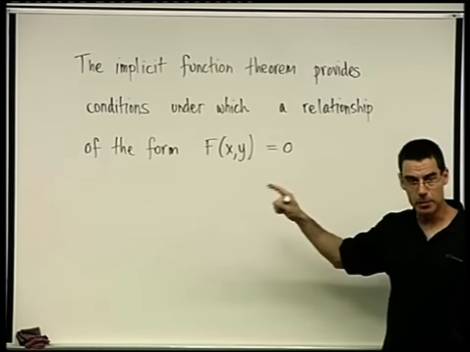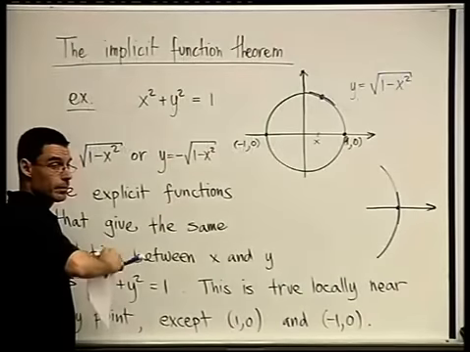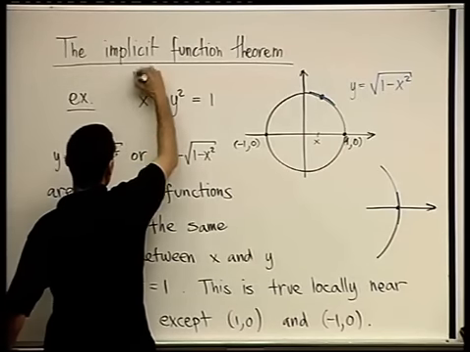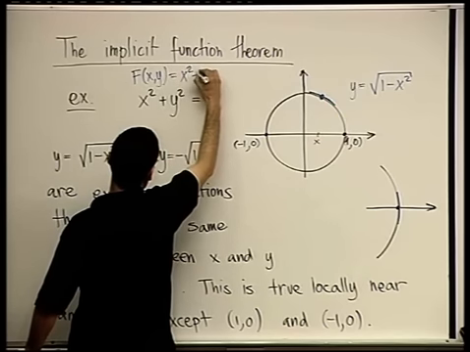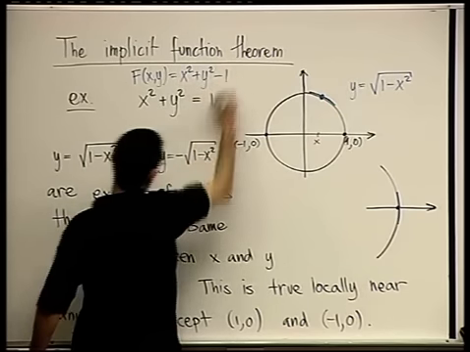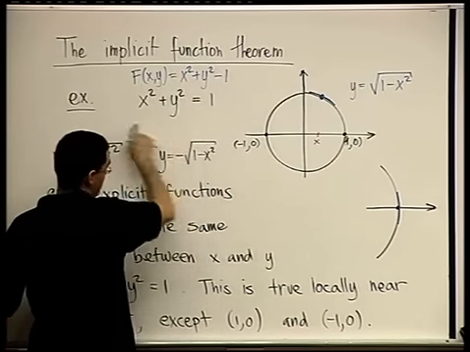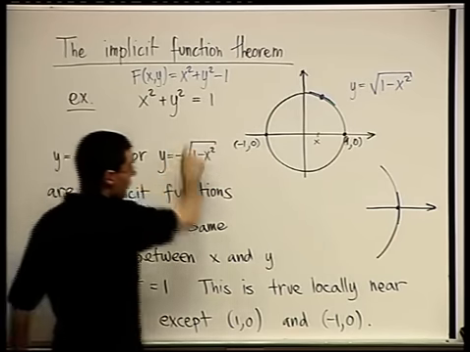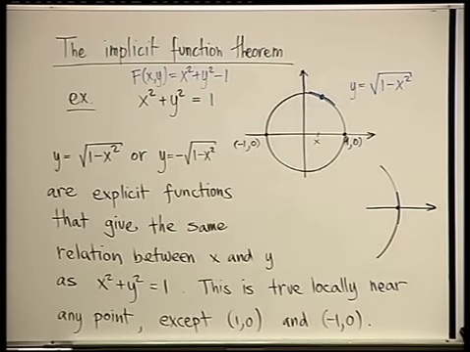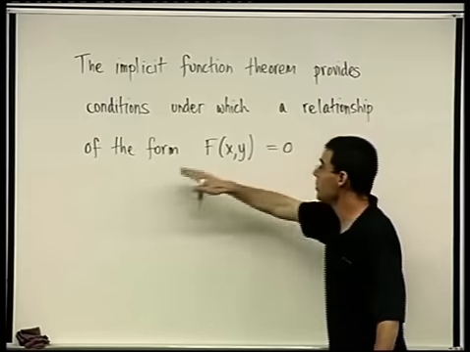Let's look at the example just for a second. In this expression, what was F of x, y? X squared plus y squared. Right. So here the expression was F(x, y) equals x squared plus y squared minus 1. And F(x, y) equals 0 is precisely this. Do you agree? Okay? So back here, the implicit function theorem provides conditions under which a relationship of the form